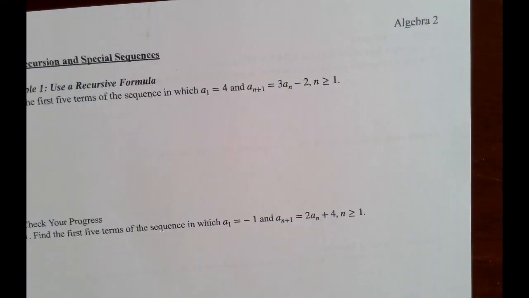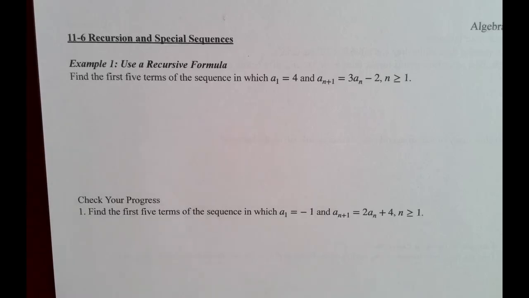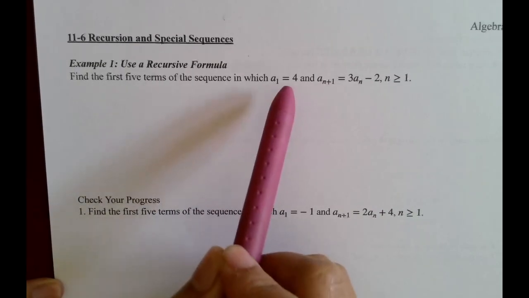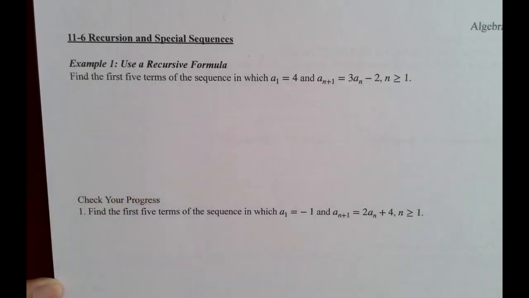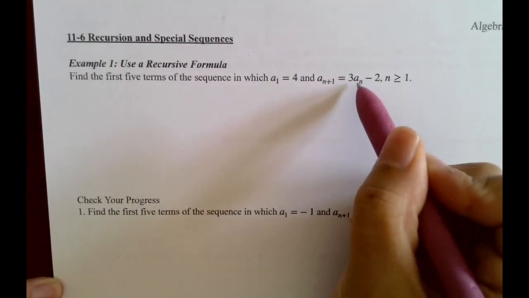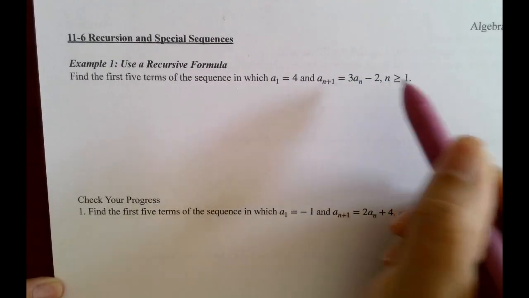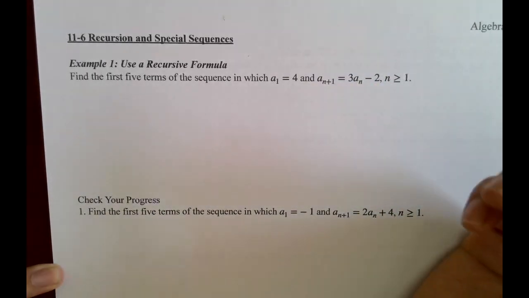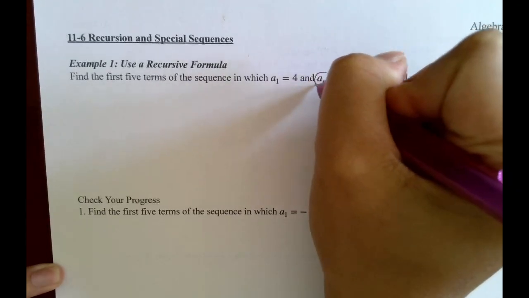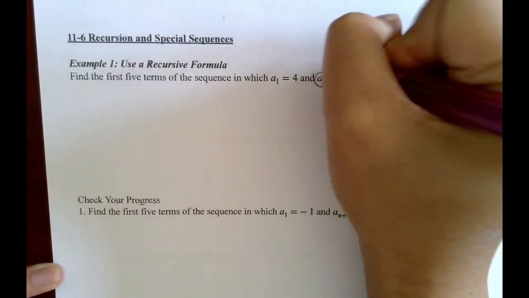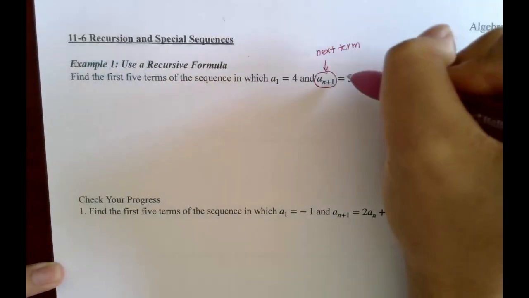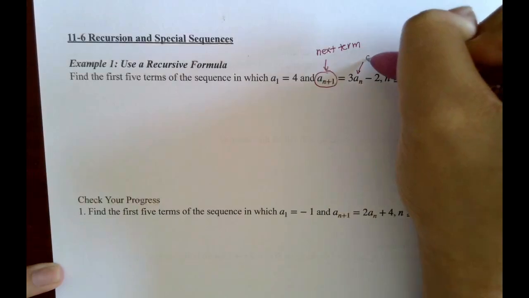Okay. So here, starting with example 1, we're given a recursive formula. It asks us to find the first 5 terms of the sequence in which a sub 1 equals 4, okay? And then a sub n plus 1 equals 3 times a sub n minus 2. Okay? And then it says terms start at 1. Okay? So here what this means is that a sub n plus 1 means the next term, okay? So the next term is 3 times the current term